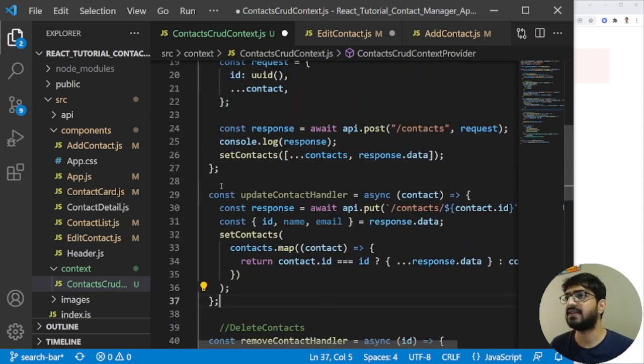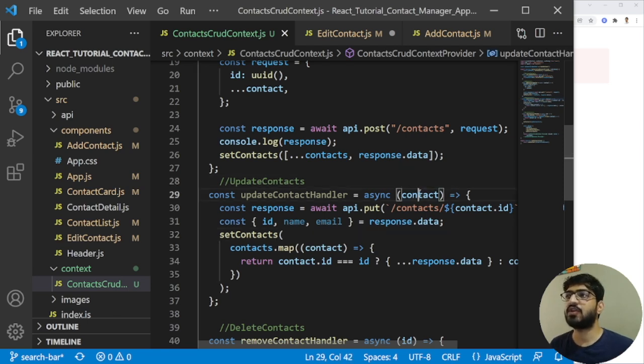So I'm going to add here and then I will just label it as an update contact. So I will change this to update. And then if we see here, then what we are going to have is we are going to take a contact object, which will be the new name and the new email. Then we are going to make an API call to update the record for the particular ID. All right, and then we are going to receive a response, and then we are going to have the response.data,